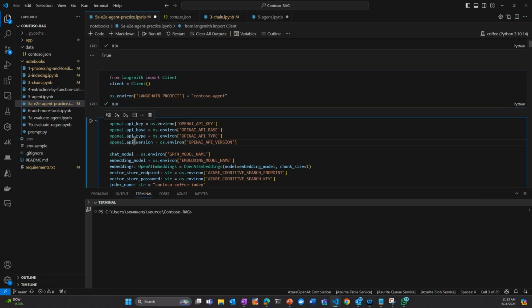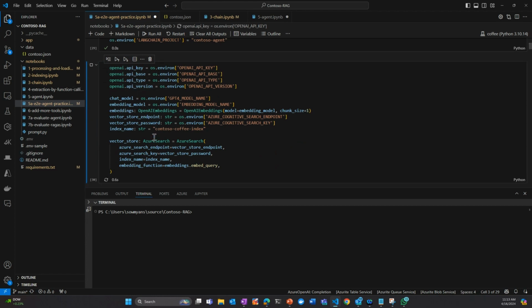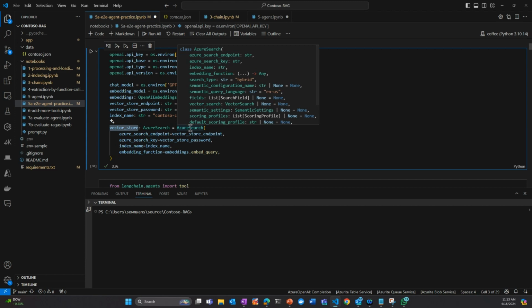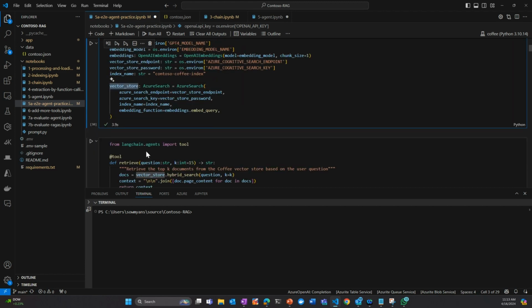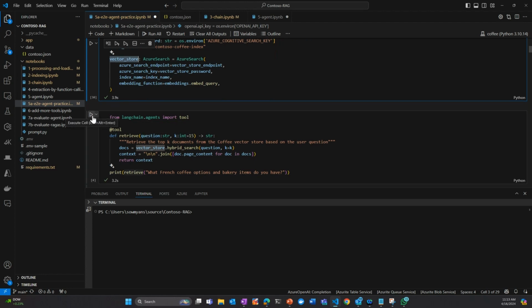Now the next section, we are going to load all the necessary environment variables, and then we are also declaring the vector store, in this case Azure Search as the vector store. That is a good advantage of using LangChain again. You can declare a generic vector store, and in this case Azure Search is provided here, so you can integrate that vector store as Azure Search. And then what we are going to do is import tools,